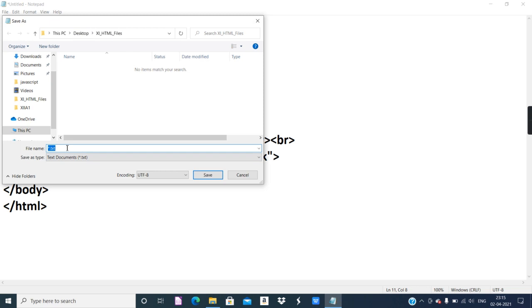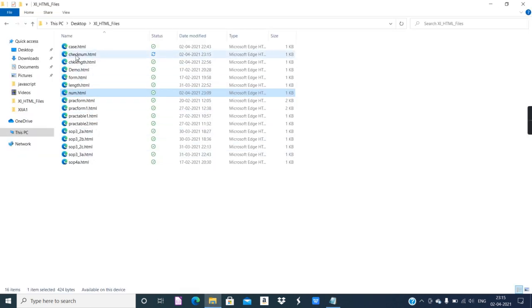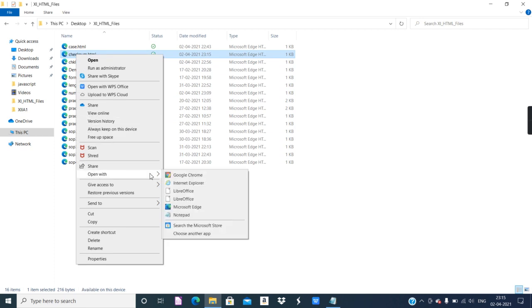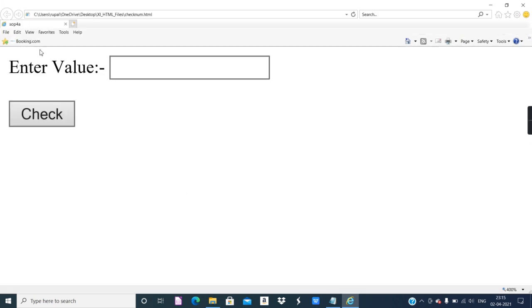I will quickly give a file name, check num. Try to match the name of the file with the coding. It is saved. Now let's display check num, right click, open with Internet Explorer.